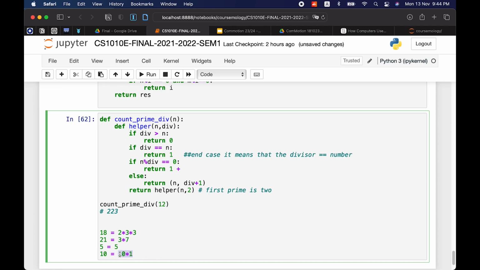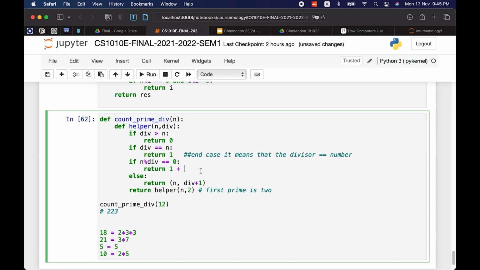But we can express it in terms of smaller prime numbers. By the time we get to 10, we already have gone through this already. So we won't get to 10, but we'll find smaller prime numbers, which is what this is going through. So if n is divisible by the divisor, then we return 1, because that's a count.